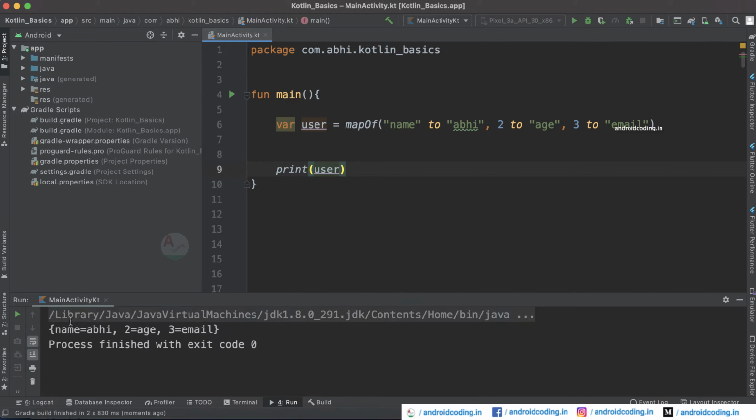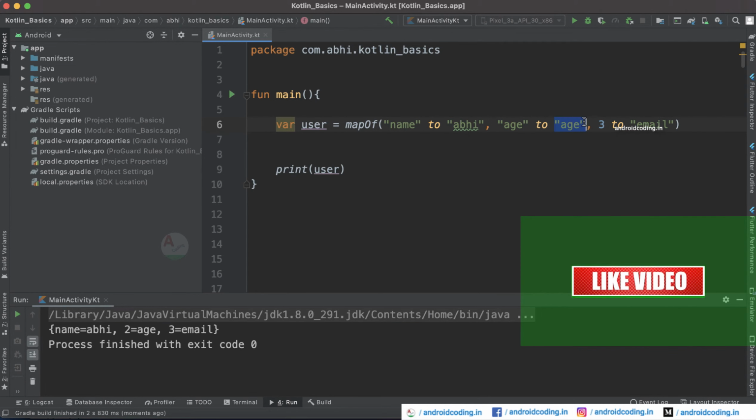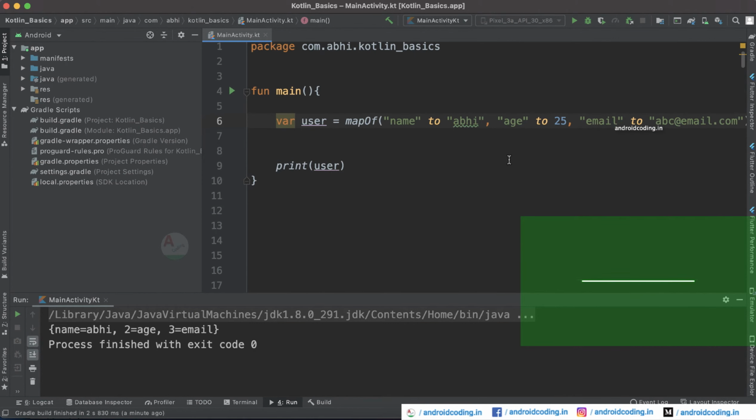Here you can see we have got name equal to Abhi, 2 equal to age, and 3 equal to email. Now let us make it like a real-time example. Change this age to a real-time number here, and email a dummy email. Yes, these are all the user details.